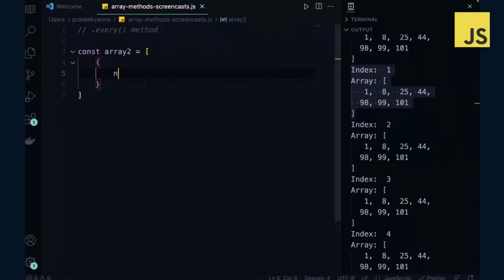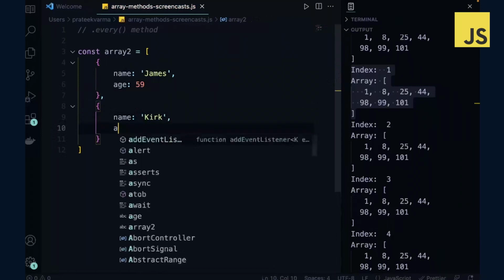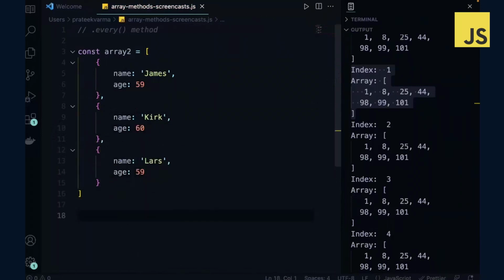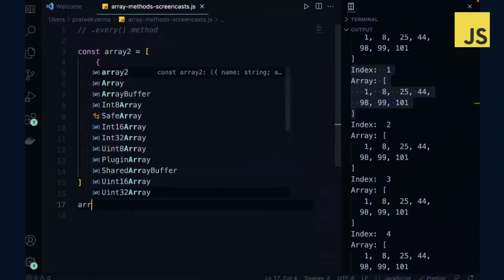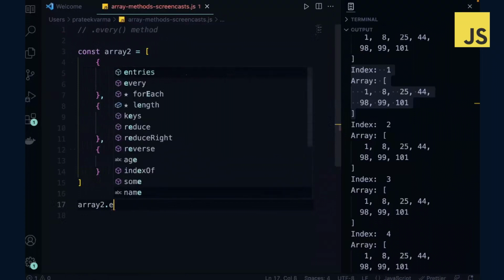And each object can have some properties like name, let's say we want to check if each object contains a specific property. I will remove age from Lars. Now, if I run the every method